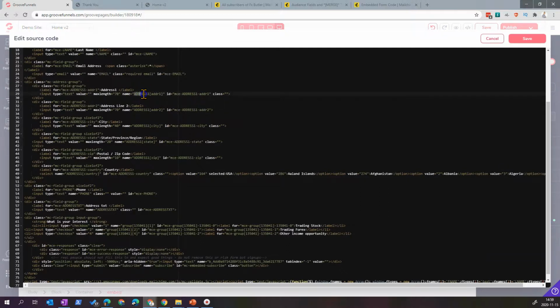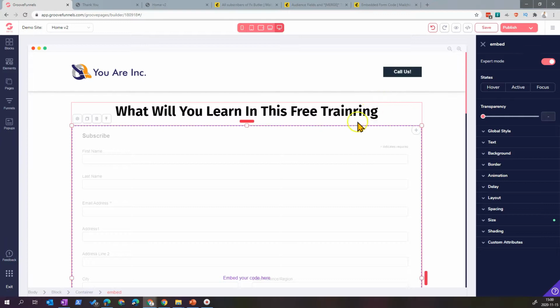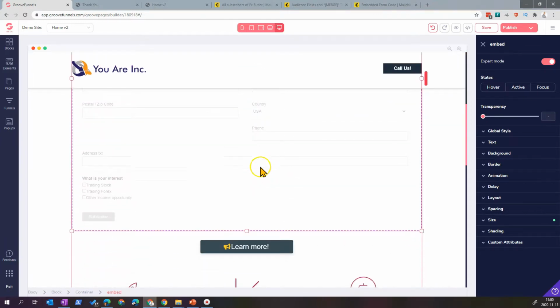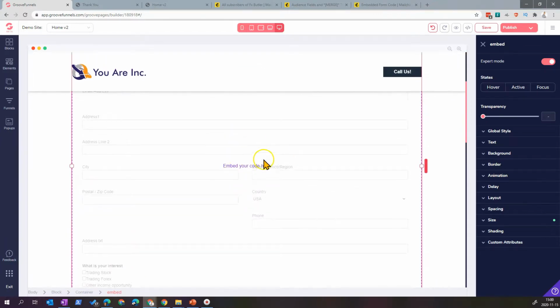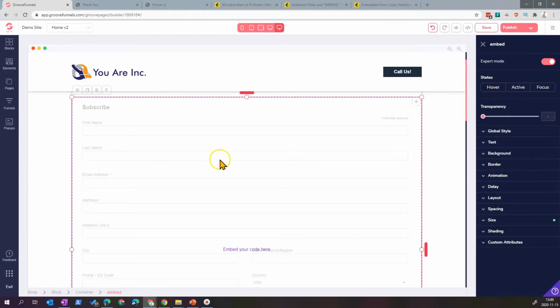As you can see here, this is the name of the field. They use address 1, address 2, etc. themselves. So I really think that the problem may be on the back end of GrooveFunnel, and I will follow up with them about that. So I save. Once it's saved, as you can see here, it's normal that you cannot edit the form. This is one of the inconveniences that we have.